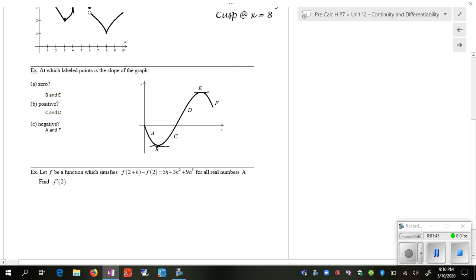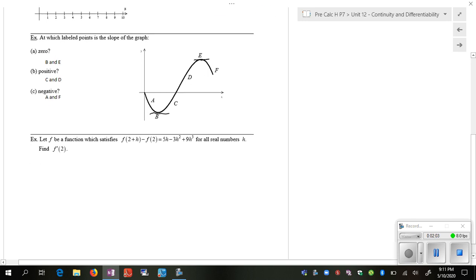Okay, so now we're going to get to a more challenging question. Let f be a function that satisfies f of 2 plus h minus f of 2 as defined as such, for all real numbers h. Find f prime of 2. So again, if you want to pause the video, I'm going to work through this one with you guys, though. It's really dependent upon knowing the limit definition. So f prime of 2 is defined as the limit as h goes to 0 of f of 2 plus h minus f of 2